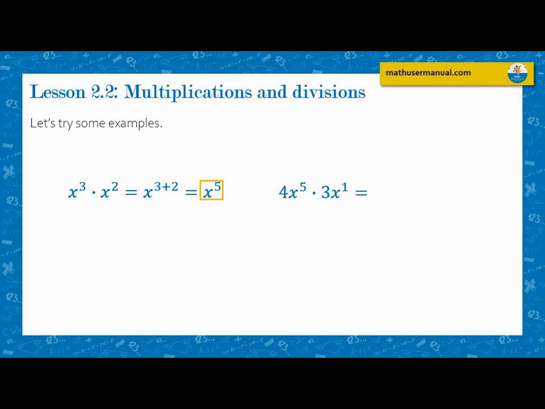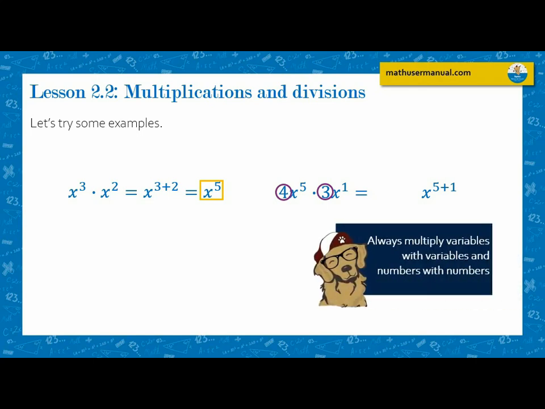Now let's do what we know. They both have the same base, so we can just copy the bases, merge them into one base, and add the exponents. We know this part. Now we have to deal with the coefficients, with the numbers. And for this, we need to remember that we always multiply variables with variables, as we just did. X to the power of 5 times x to the power of 1 is x to the power of 5